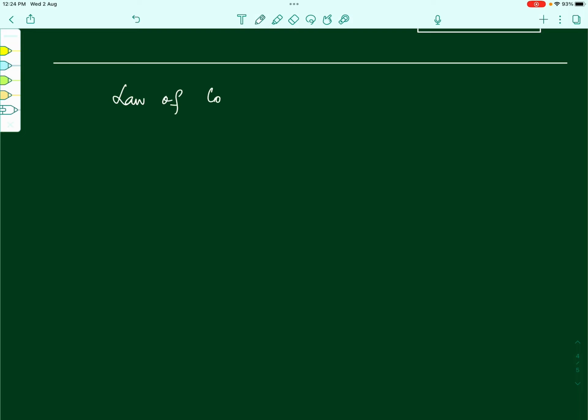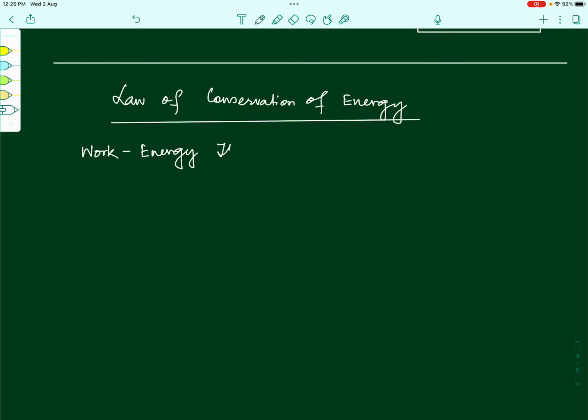Law of conservation of energy. A very important law. We use it in questions directly, but as we shall be deriving it here, we shall see that there are some conditions attached with it, and only when those conditions are satisfied can we use the law. In fact, we shall be deriving this law from the work energy theorem that we have already studied in the previous lecture. The work energy theorem, which says that